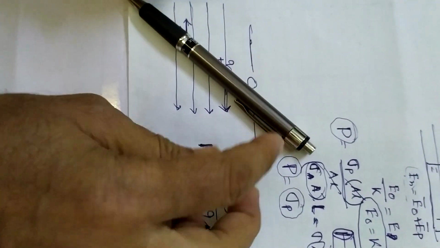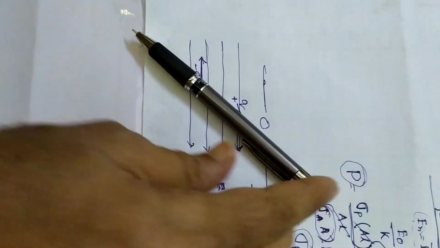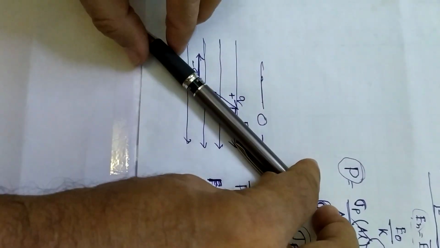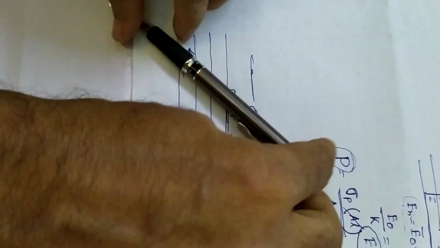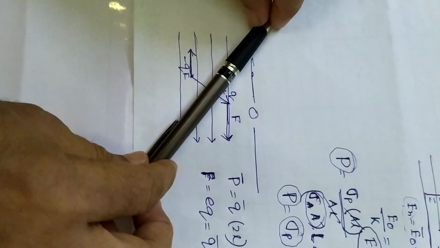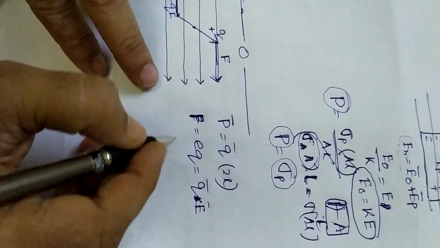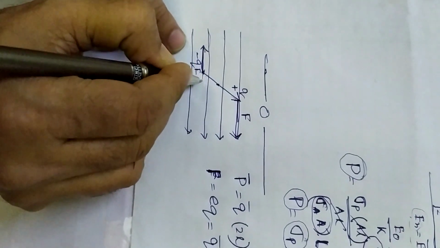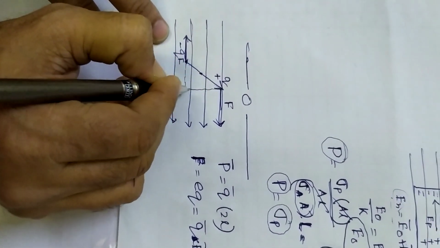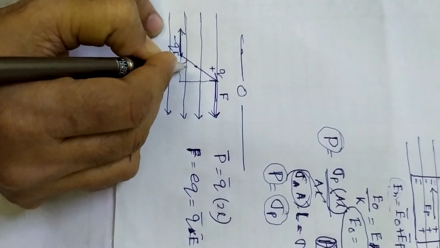So it will produce a torque, and because of the torque, as you have seen here, it will vibrate in this way. Okay, and a torque will be produced and it will rotate in this way. So we'll get the torque here and we'll be finding out the value of this torque. We'll extend this one here and here, and we'll take this angle as theta.